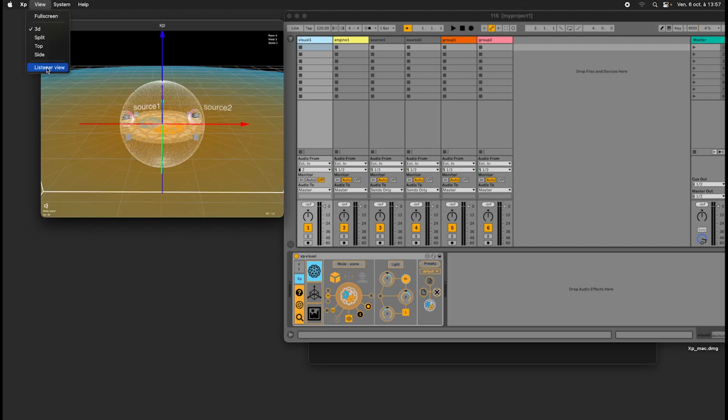It's a feature in XP that is, according to us, very underrated. It's a way to render the audio scene according to two modes, the scene mode or the listener view mode. And you know that you can do this from XP Visual,